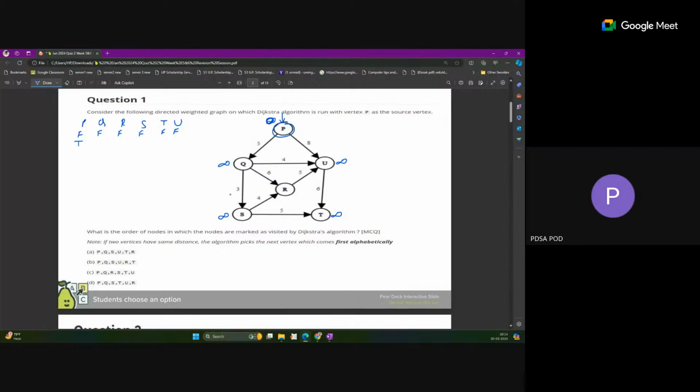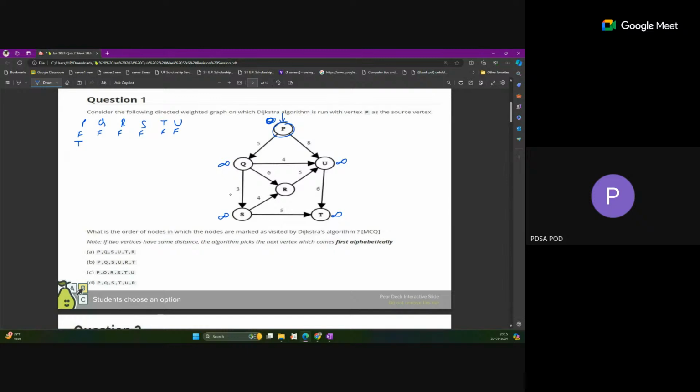After that we check the distance, where we can directly move from this P vertex. We have two choices, 5 and 8, from P, because we have two adjacent vertices directly connected to it. So from P to Q we can reach with the weight 5. And if we get a smaller distance from the source than the previously assigned distance at that node,